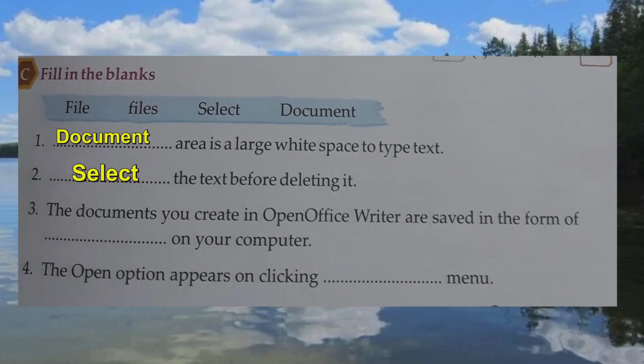Third one. The documents you create in OpenOffice Writer are saved in the form of files in your computer. The Open option appears on clicking File menu. File menu is the right answer.